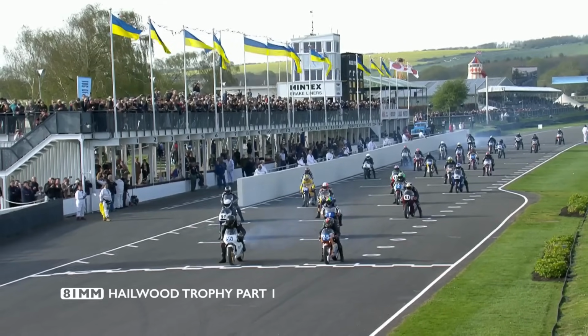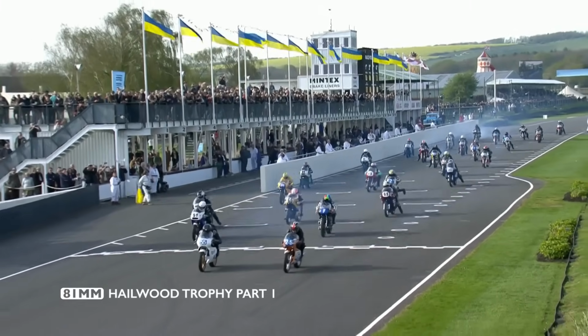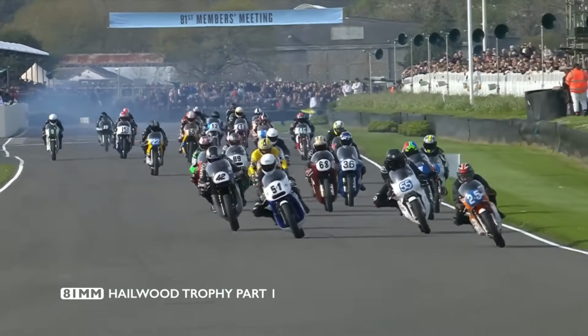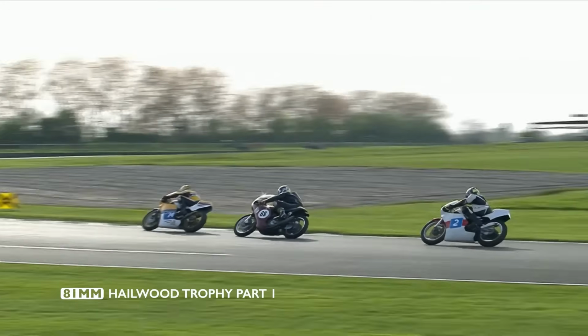The Hailwood Trophy featuring the Sheen Trophy here at Goodwood, and the 81st members meeting underway once again. And this time it's a much better start from Glenn English, number 25. He gets away far more effectively this time, but up the inside with Graham Higlett, number 51, making another good